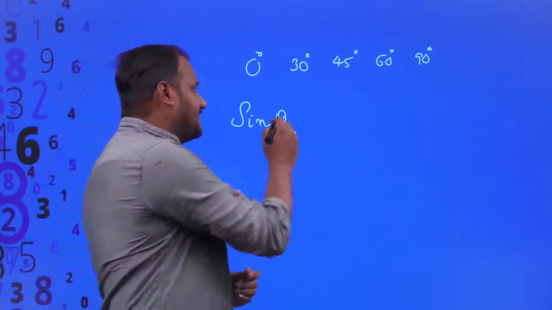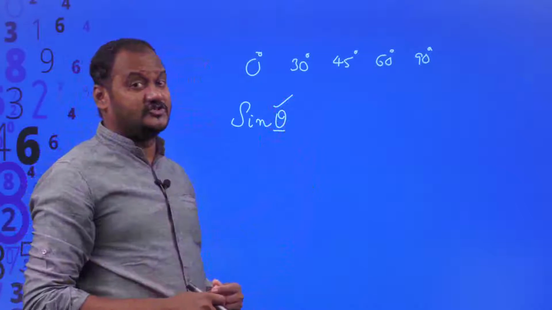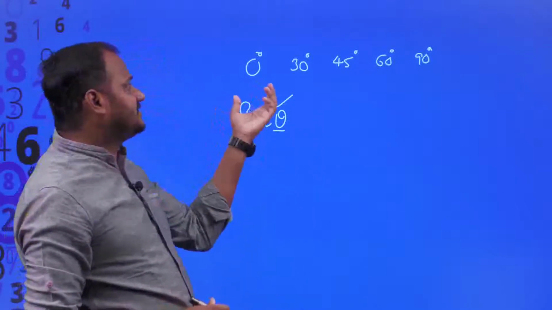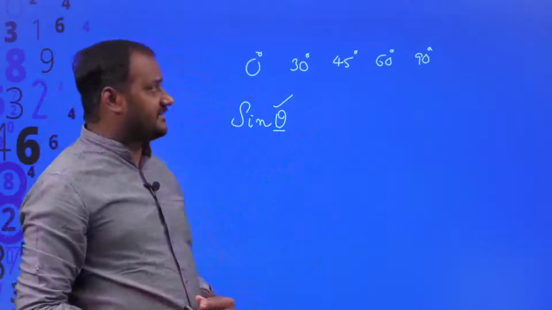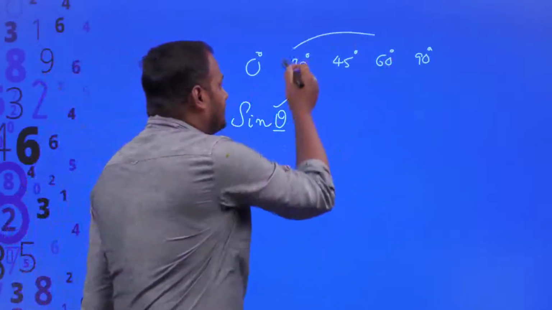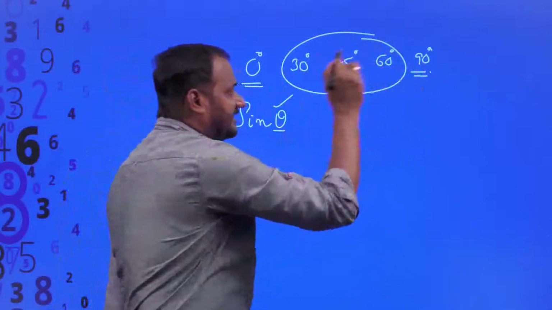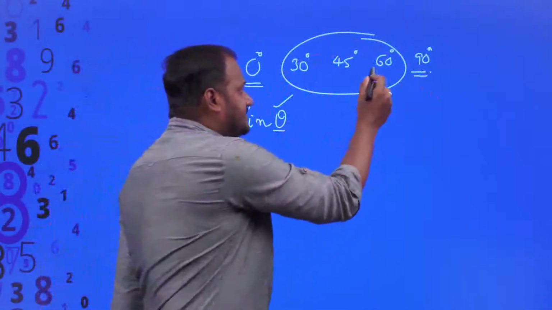But basically this theta is an acute angle and moreover it should be a part of a right angle triangle. But how can you imagine that 0 degrees as well as 90 degrees are part of right angle triangles? Okay, first let us think about the other 3 angles and then we will think about 0 degrees as well as 90 degrees, right?